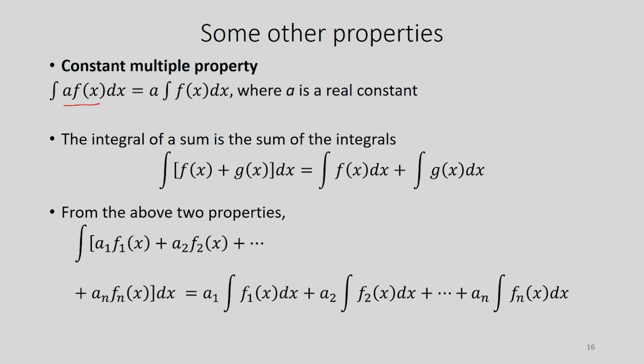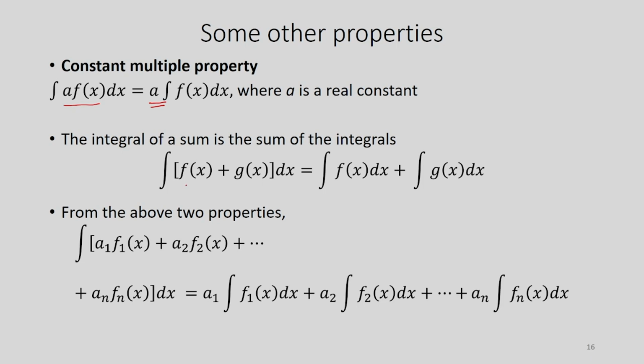So, essentially what is happening, if in the integrand there is a real constant term, then I can take the real constant term out, right, and whatever is left of the integrand remains inside. Okay. So, this makes the